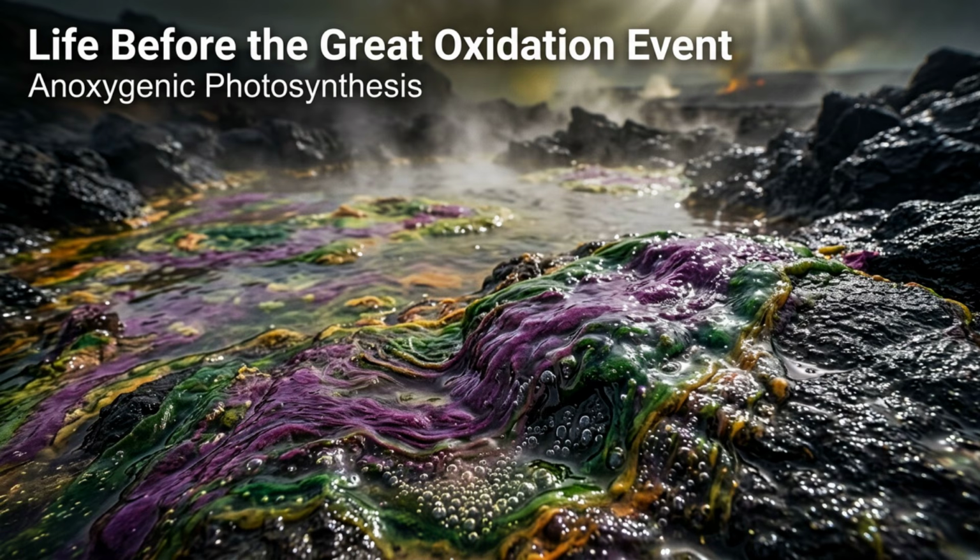As oxygen accumulated in the upper atmosphere, it formed ozone, which shielded the surface from ultraviolet radiation and fundamentally changed the rate of methane oxidation. This atmospheric transition allowed the planet to jump from the low oxygen steady state to a high oxygen one. The anoxygenic phototrophs, once the dominant gatekeepers of the global ecosystem, were forced to retreat into specialized extreme environments where oxygen could not reach. The billion-year struggle highlights that the history of life is not a simple march of progress,